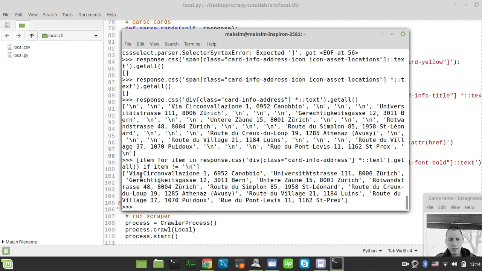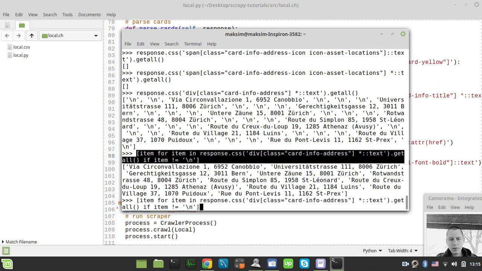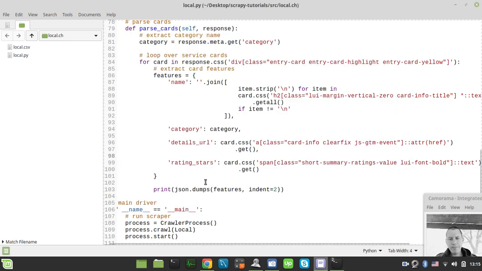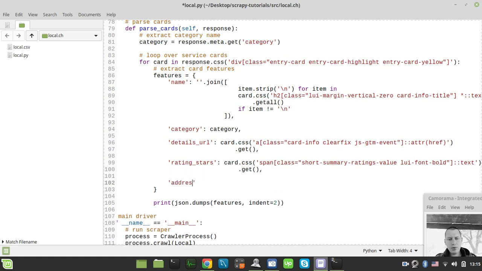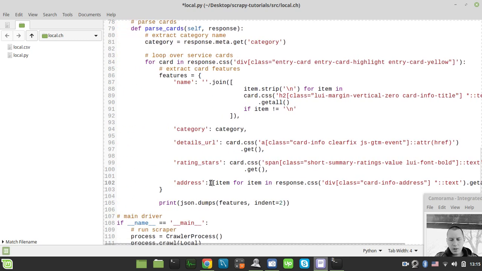Okay, so now I guess it's 10 addresses here as well. So from now on we can try to make use of this guy as well. And yeah, also the very last thing to consider is actually we need to join it by the empty string. Okay, I'll better do this within the code. So copy, and here I specify the address, paste, and join, and